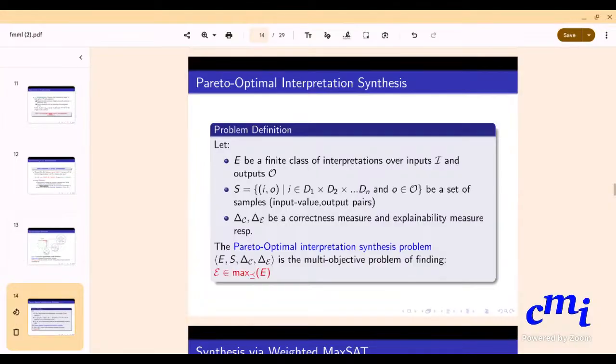So this is a good definition. The confusion is that "let E be a finite class of interpretations" gave the impression that you determine a priori what that E is. No, I do not want to define that. Given a bounded depth, there are only finitely many syntactic interpretations. And given a weightage, this problem is a finite search problem. I want you to understand that.